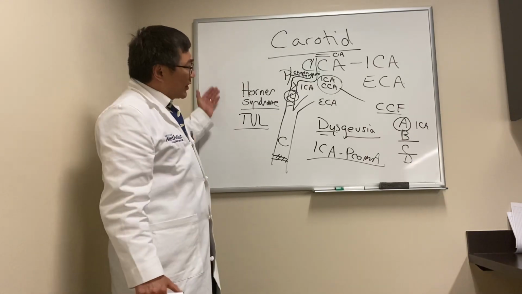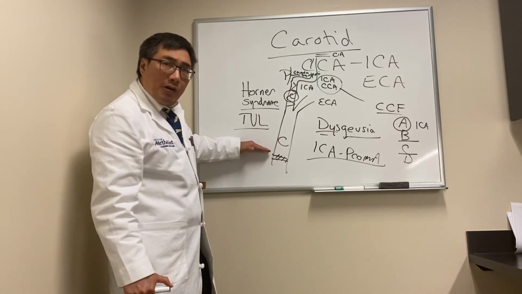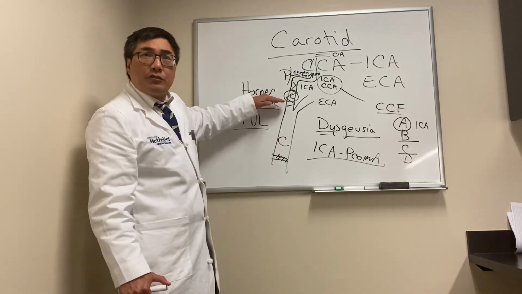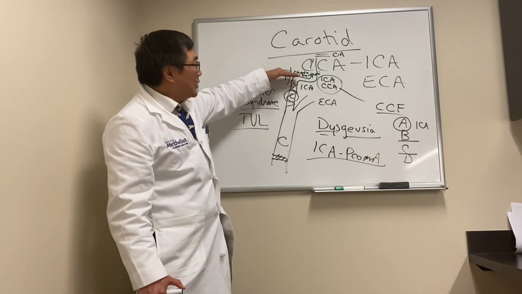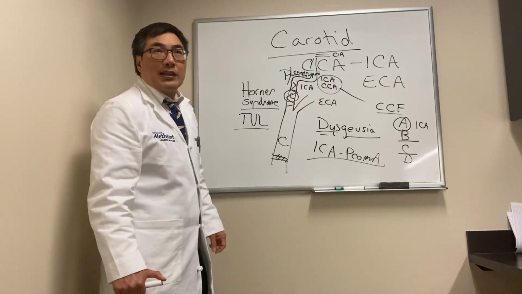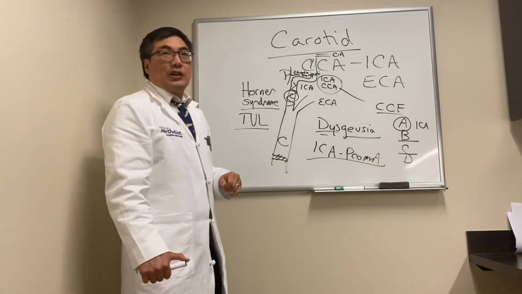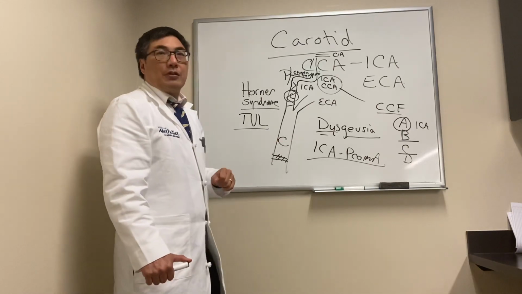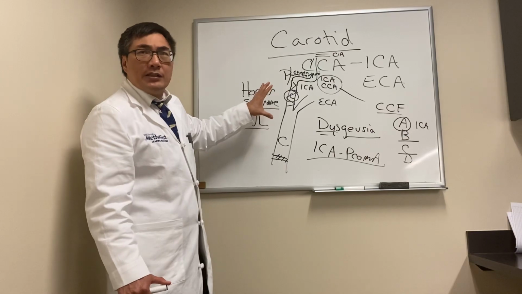And so when you're dealing with the carotid, you really need to know which segment we're dealing with. Is it a common carotid occlusion? Is it a cervical internal carotid artery occlusion? Is it a petrous portion occlusion or dissection? Is it an intracavernous aneurysm or fistula? Is it a supraclinoid aneurysm of the ophthalmic, or at the junction of the ICA PCOM, the third nerve palsy aneurysm? If you just knew those things, that's pretty much what we need to know about the